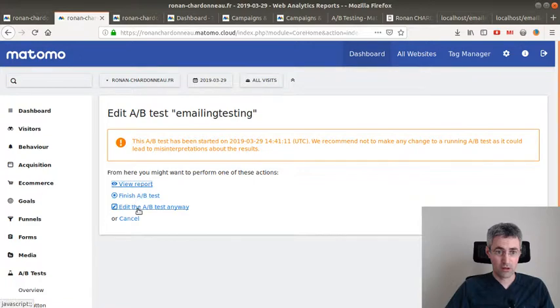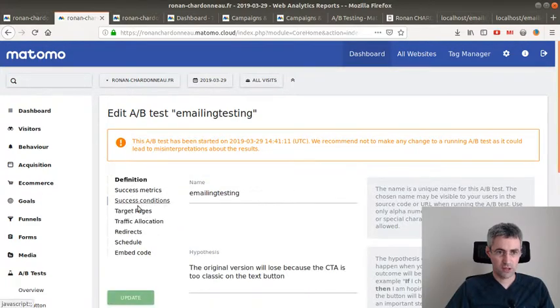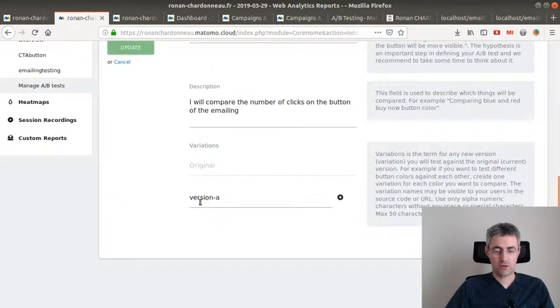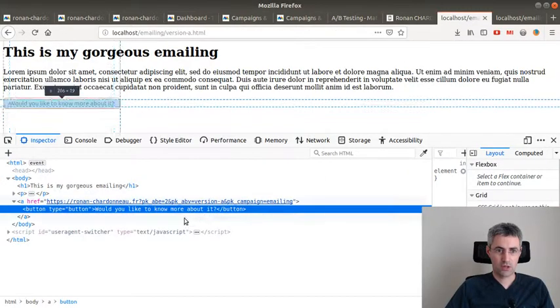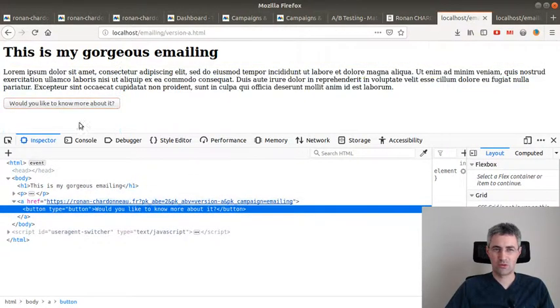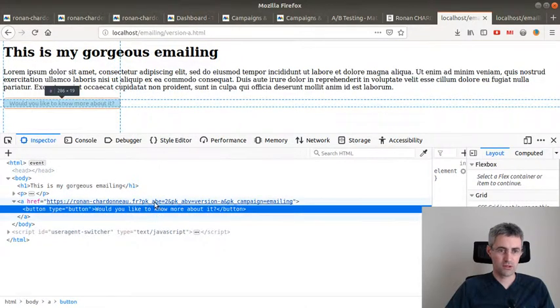If I go over here, you will see that I created two versions, and the version A. So that's why the value of the parameter is version A. The other one is original. Here, every time someone clicks on this given link, it's going to redirect to the page that I want. It's going to send the information that the data should be calculated within the ID test number 2, and that this is the version A of my test.